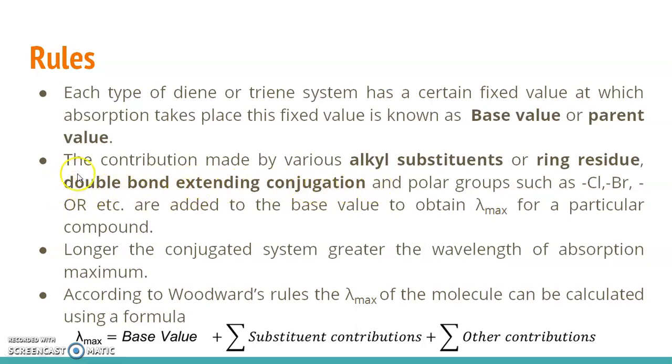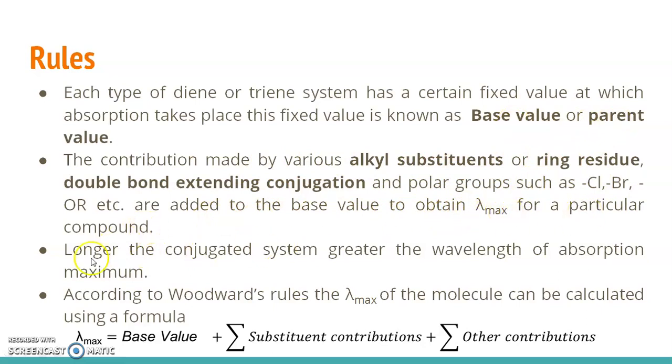And also there is a contribution by the double bond extending conjugation, and there are certain polar groups which also contribute to the Woodward-Fieser calculation. They may be chlorine, bromine, OR groups, ester groups, and so on, and they are added to the base value. All of these fractional contributions made by these kinds of groups are added to the base value or the parent value, so as to obtain the absorption maxima for the particular